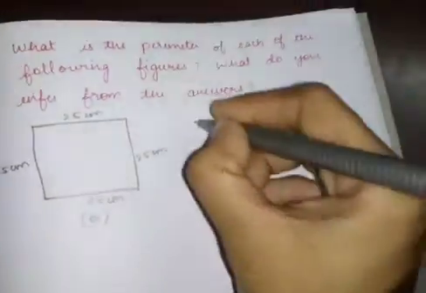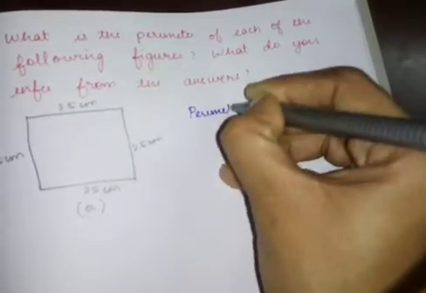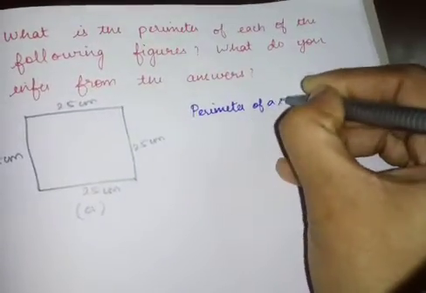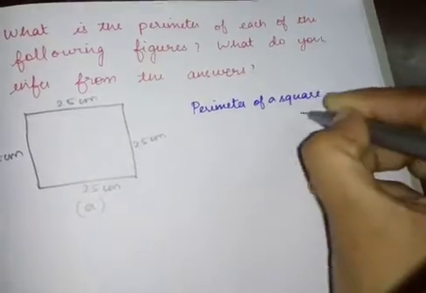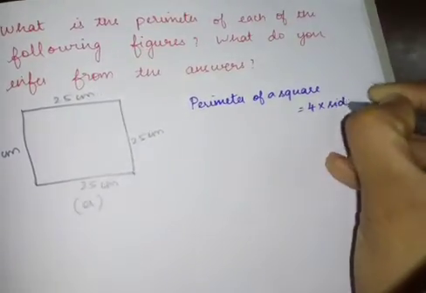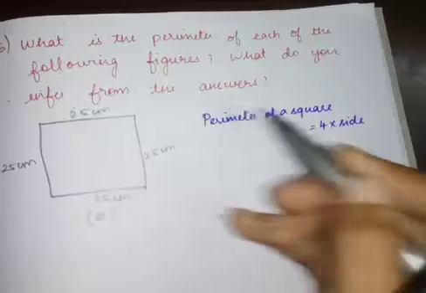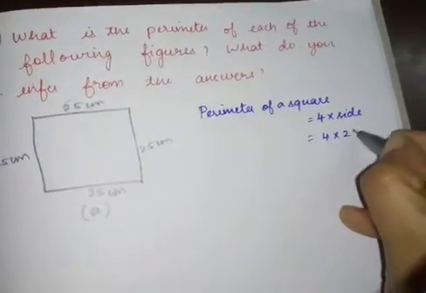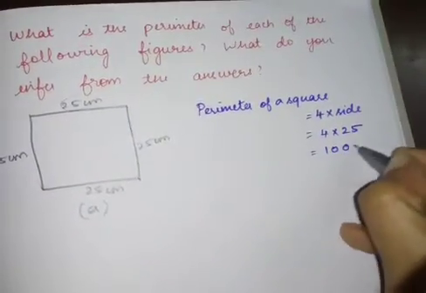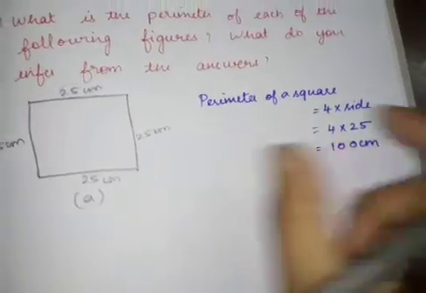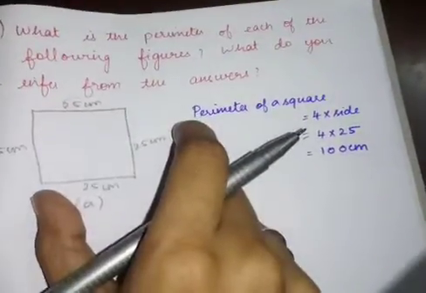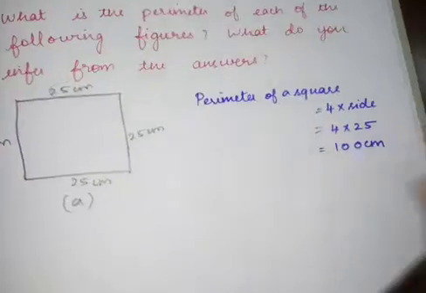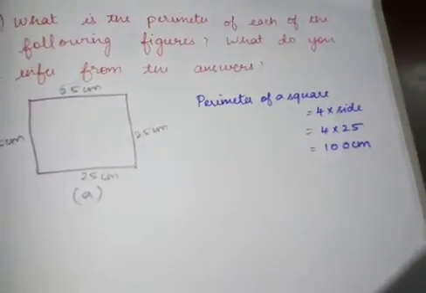So how will you find the perimeter of this figure? Perimeter of a square is equal to 4 into side. What is the side here? 25. 4 into 25 is what? 100 centimeter. So what is the perimeter of this figure? 100 centimeter. So we got the perimeter of this particular figure. Next,